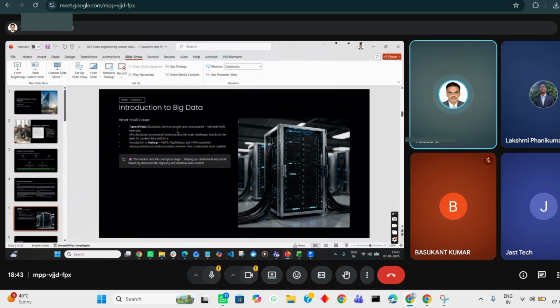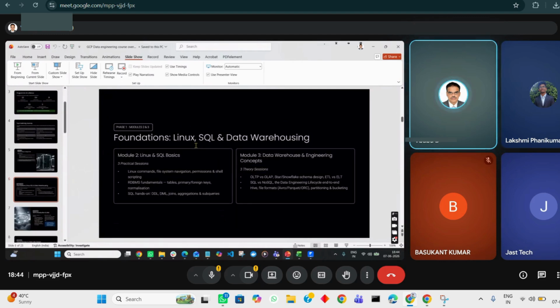For example, everything will start with the introduction to big data, the Hadoop platform. I will explain the difference between Hadoop and Spark, and why Yarn is used, everything fundamental regarding big data. And then we are going to the OS foundations: Linux. We are using Linux, most probably Ubuntu, or you can use Windows also, that's not a problem. If you've got a Windows desktop, that is also fine. But you should at least have some Linux bash script knowledge, because every cloud platform, including GCP, mostly uses Linux in the background.